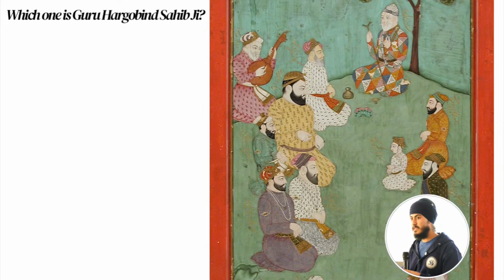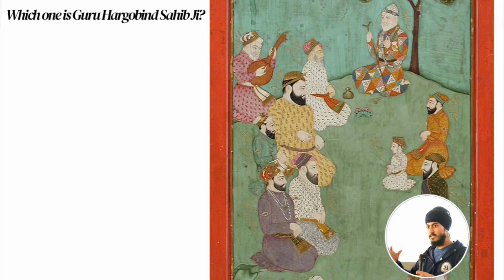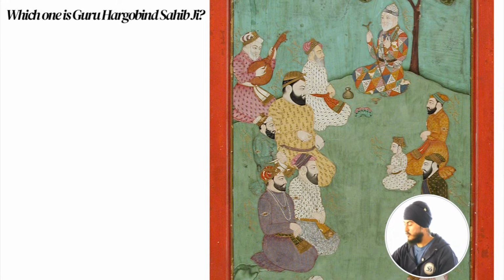And that's beautiful that you've recognized that, because at the start of the talk, when we talked about the first 10 gurus and then we said who's who, we couldn't tell. We couldn't tell which one was Guru Hargobind Sahib Ji. That's the most beautiful thing that I feel we're missing at the moment in Sikhi art from people like Sobha Singh, even though he's done so much for us, is that we can't tell which guru is which. And so like you've just pointed out, you can notice which one is Guru Hargobind Sahib Ji from that image.